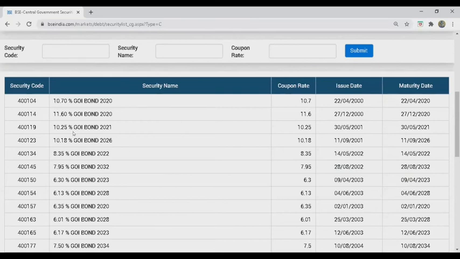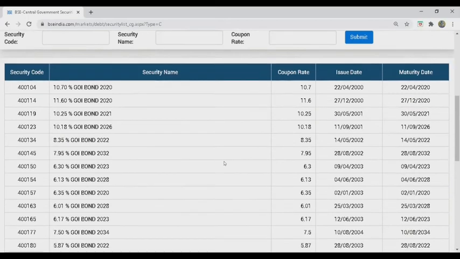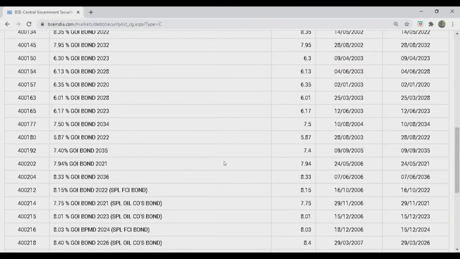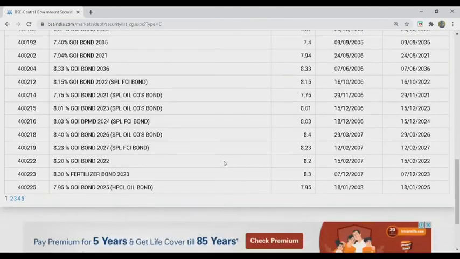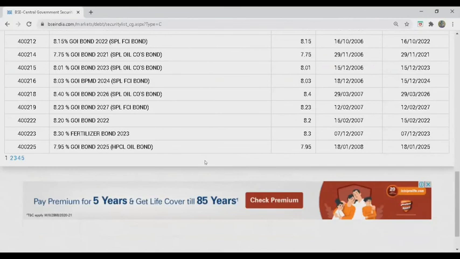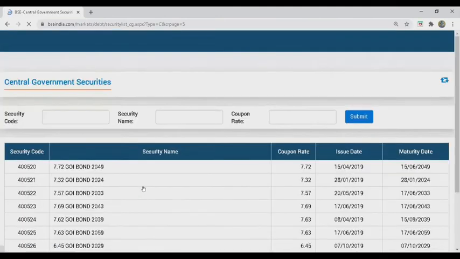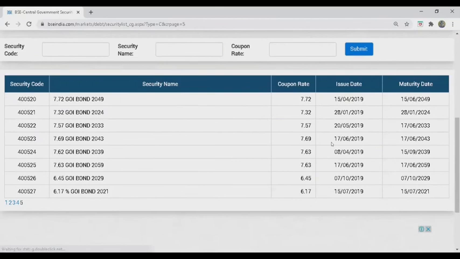For example, this 10.25%: somebody who had invested in 2001 is still getting this. This is going to mature on 30th May 2021. So they are getting 10.25% on this. And there are several other ones where you will find the maturity extends even up to 2045 or beyond. You see on the right there are these maturity dates mentioned here, and if we go on to the next ones, wait a moment. Here at the top, that's 2049.